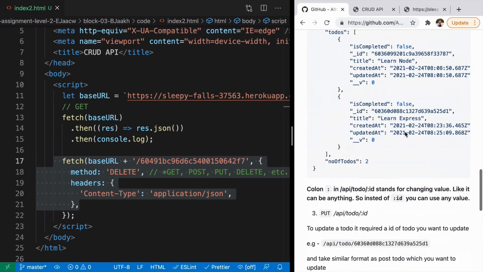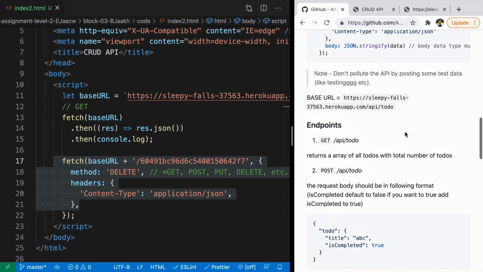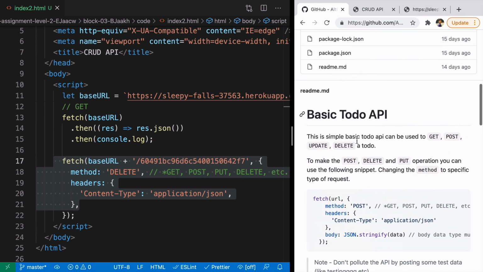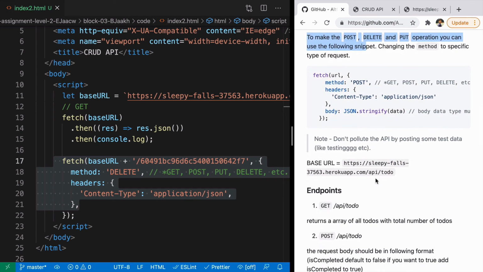So you will be using all these get, post, put, and delete to create a to-do application based on this URL. So go ahead, try to read this documentation properly and play around with this. Because in a real world project, this is how you're going to read, create, update, and delete on any application.